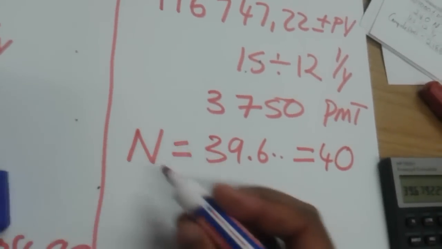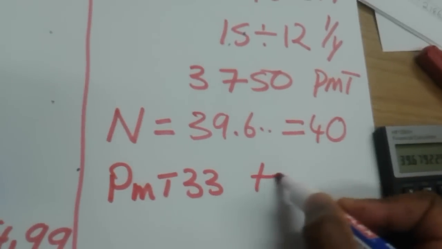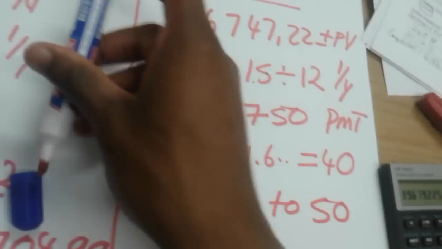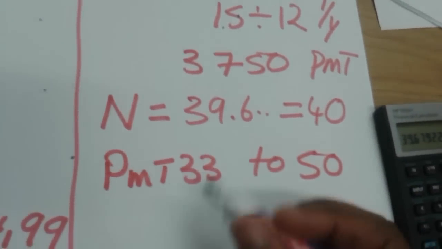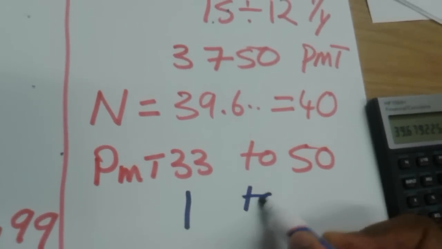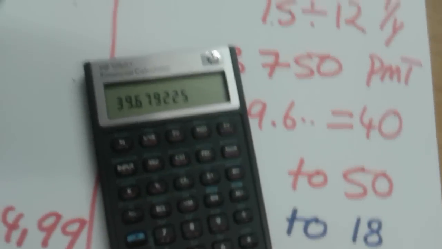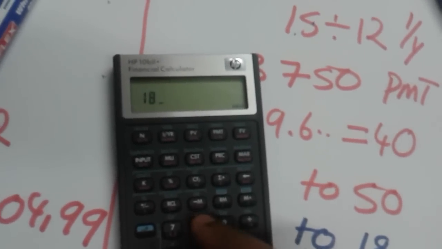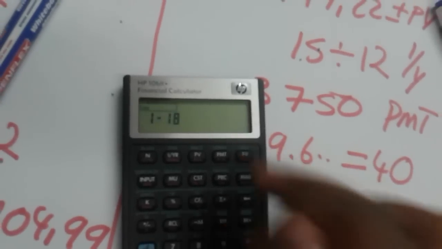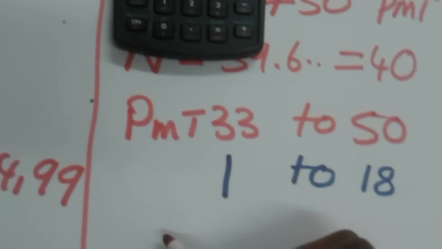Now, we want to know the interest between payment number 33 to payment number 50. But what did I say? You give these new numbers, and the new numbers are payment 1 to payment number 18. So again, you come to your calculator, you say 1 input 18 shift amort, 1 to 18. That's exactly what I want. Is equals to my interest. There it is, and my interest is